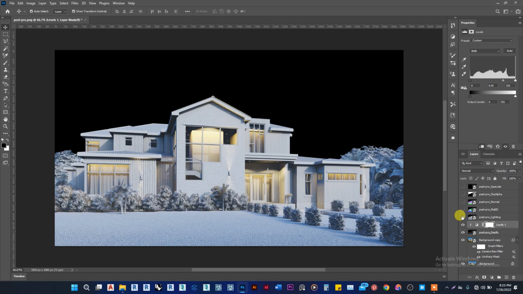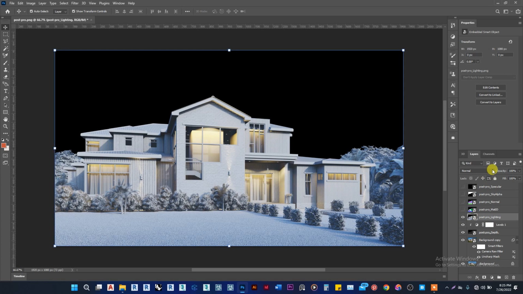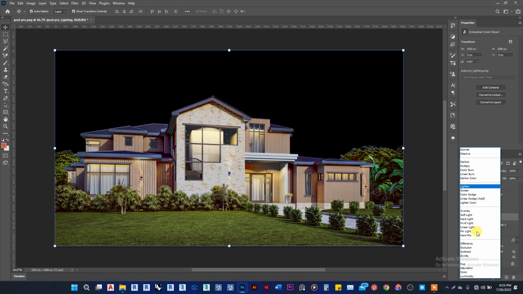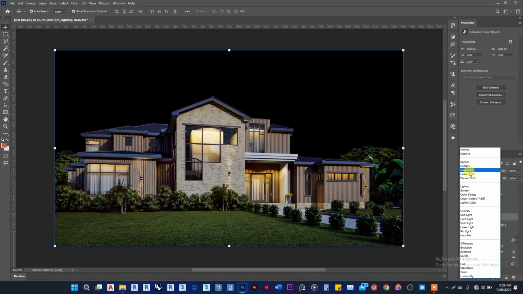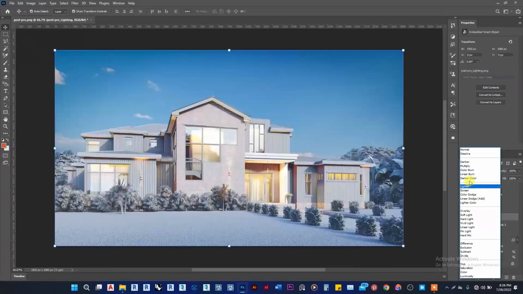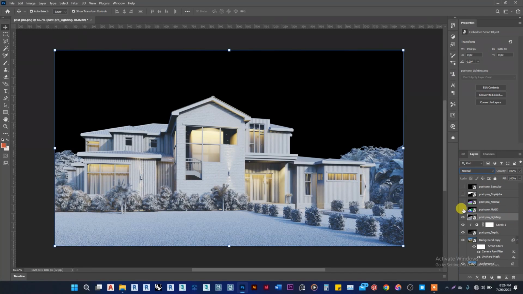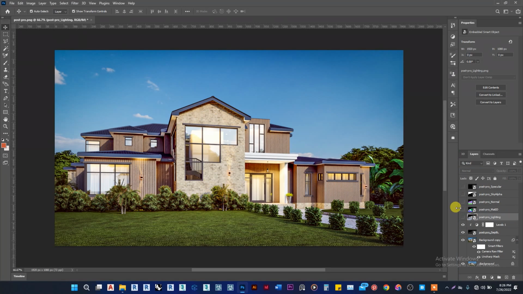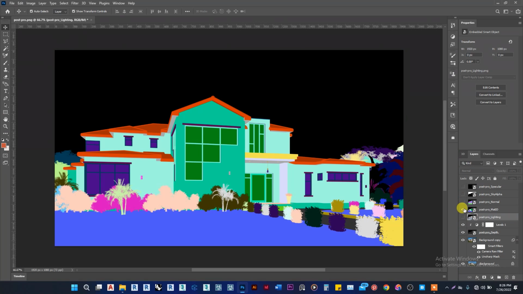Lighting. I don't really use this at all. I've tried several effects to make it work, but I don't really use it at all. So turn it off. So what else? What do I use again? Material ID. The function of this is for easy selection of materials in case you want to tweak any material. So if I turn it on now, then I press